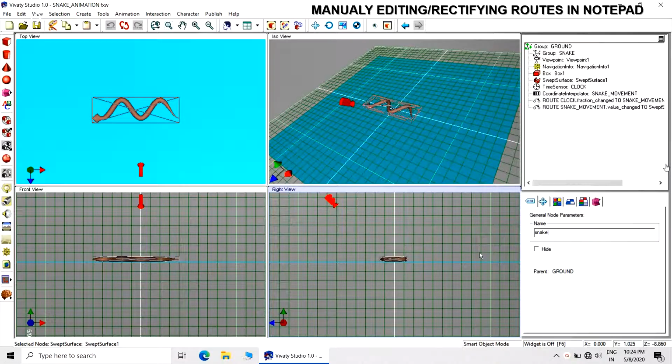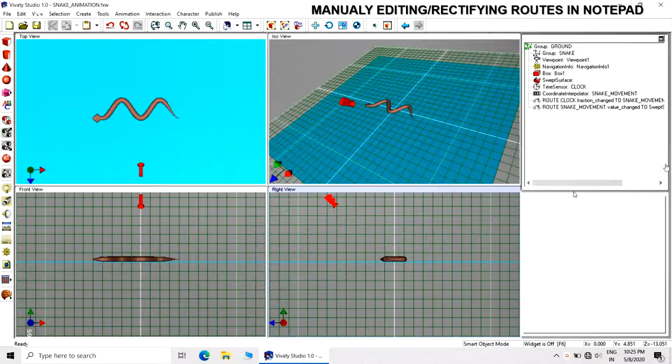Even if you call this a snake, or if you keep it swept surface, it doesn't make any difference, because it has nothing to do with the code. Even if you keep it swept surface, it will not affect the movement of the snake.